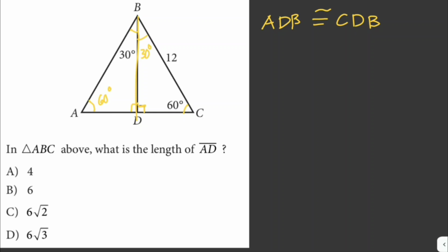Okay, since the triangles here are congruent, therefore side AB is also congruent to BC, which is just equal to 12. And then in triangle ADB,